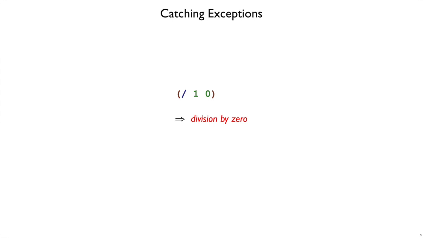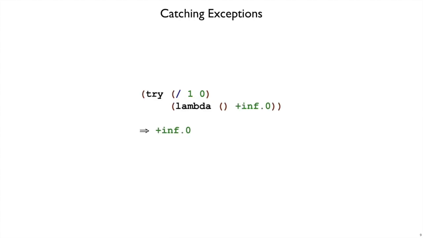The error function in Plait raises an exception, but other expressions might raise an exception, like a divide by 0 exception when we try to divide 1 by 0. Besides raising those exceptions, Plait provides a try form. Try lets us try an expression, and if it raises an exception, then we evaluate some alternative exception handling expression